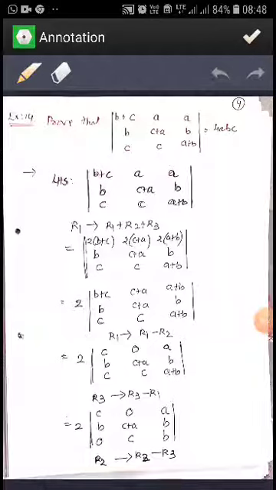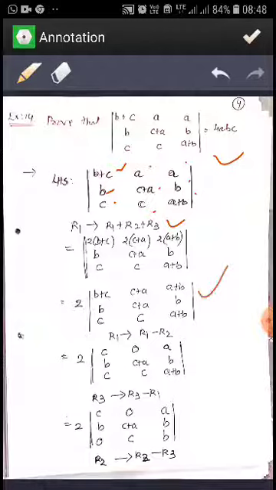See example number 14. We want to prove this. LHS is B plus C, B, C, C plus A. See, you can see here in column, here it is B plus C, B and C; C plus A, C and A; plus B, A and B. So, take all the numbers into first row, means take R1 plus R2 plus R3. So, you will get 2 times B plus C, 2 times C plus A, 2 times A plus B.